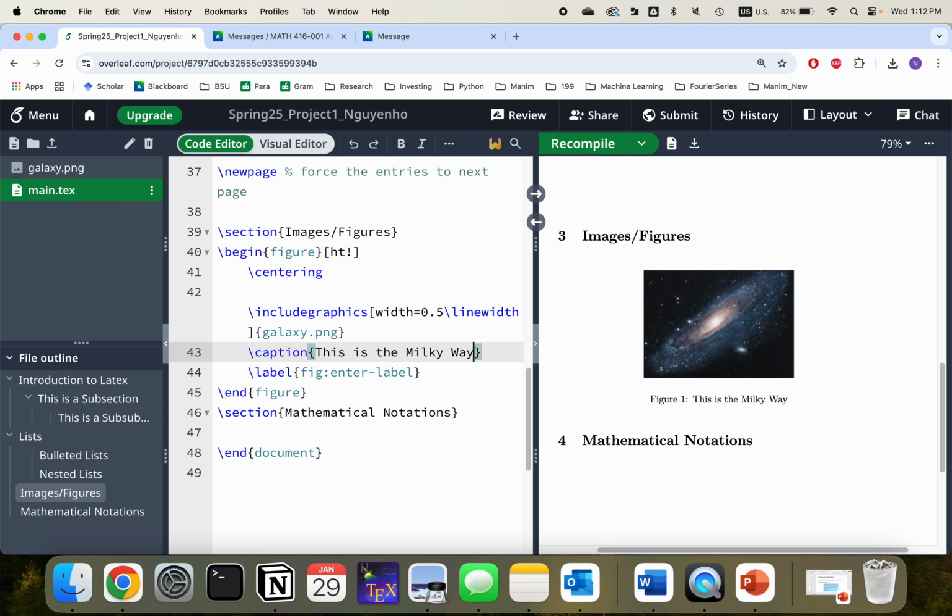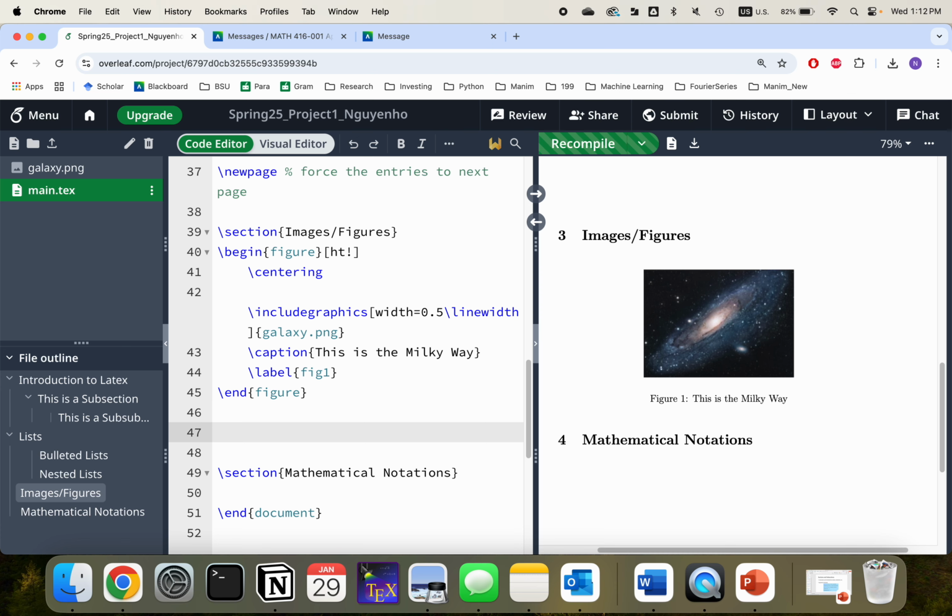So you can change the label to anything you like here. Instead of big column, enter back dash label, I will change it to something more manageable. Let's say I change that to Fig 1. So that label allows me to refer back to the image in my writing. Okay, so let me move out of this figure environment